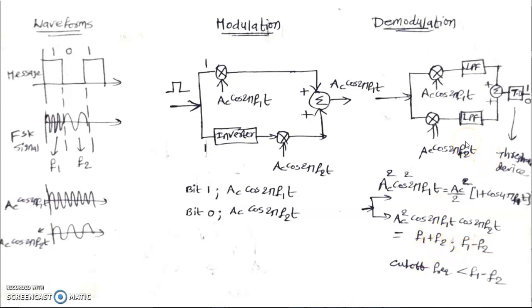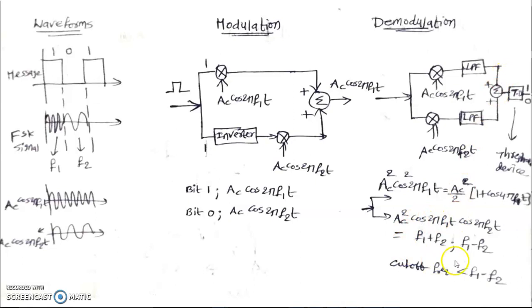Now what is the thing here? Ac cos 2 pi f1t is the thing it is receiving. Now the receiver has to say that it is 1. So when will we say it is 1? If we choose the low pass filter cutoff frequency as the lowest frequency, that is f1 minus f2, then the Ac square by 2 term is there in this upper path plus Ac square by 2 cos 4 pi fct. So here the lowest frequency f1 minus f2 is set as the cutoff frequency. So it does not allow this 4 pi fc, which is a higher frequency than f1 minus f2. So then it allows only Ac square by 2 from this upper path.